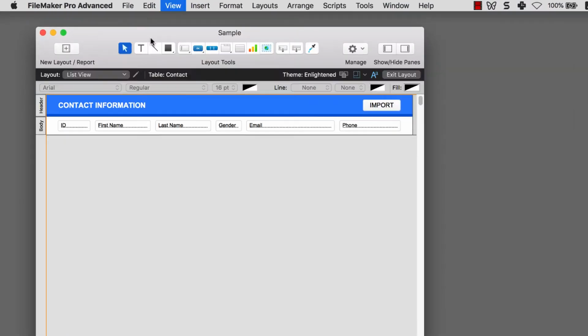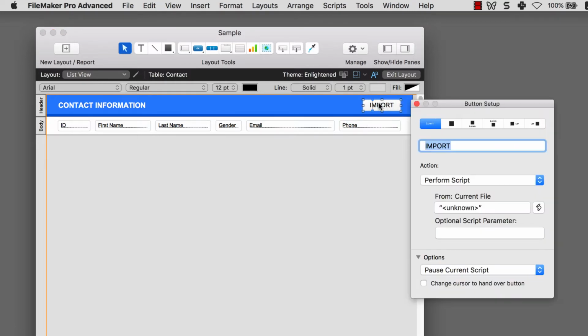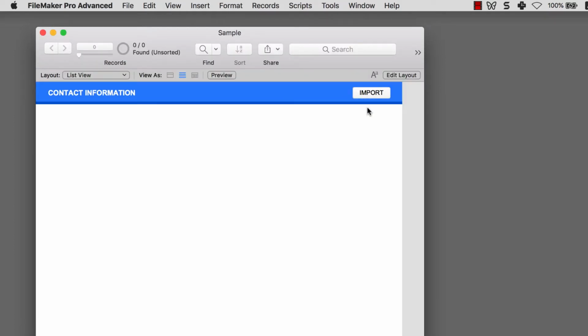Basically, this is a very simple list view layout with an ID, first name, last name, gender, email, and phone. It's pretty straightforward, and I also included an import button in here that we are going to apply a script to later on. So let's get started. Now, the first thing I want to show you is how to manually import data using the native